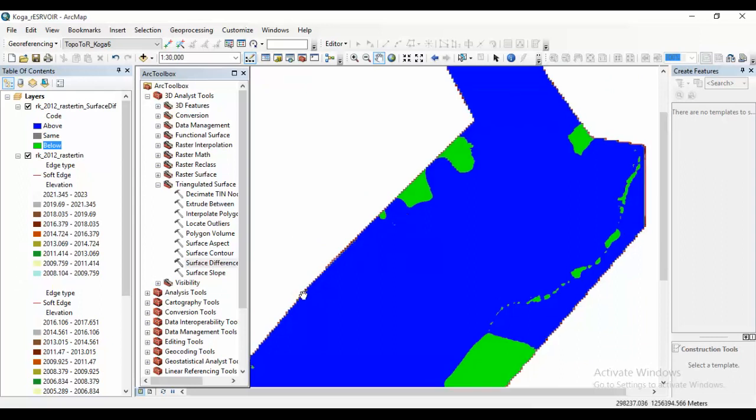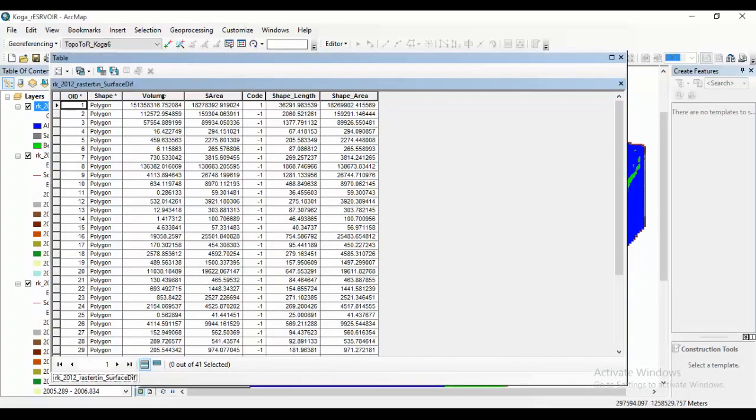Everywhere is above. That means there is inflowing sediment, and it's distributed throughout the watershed. And when you see this, you might judge that it's uniformly distributed, but it's not uniformly distributed. When you convert into raster, you can see the distribution. So I can right click here and open the attribute table, and this one tells me the volume of accumulation